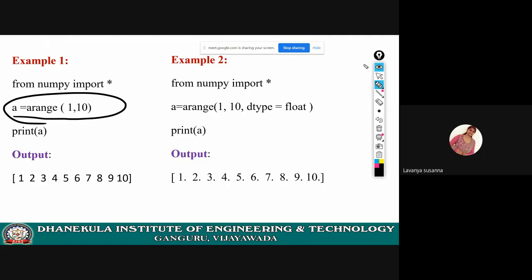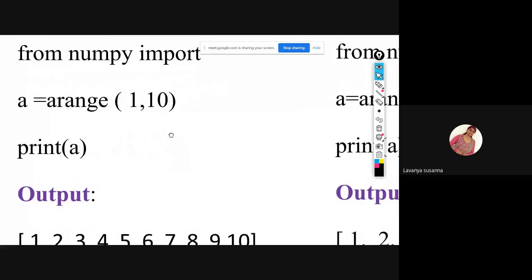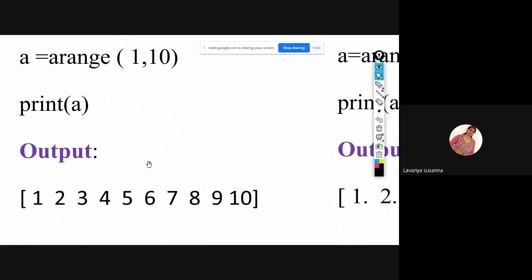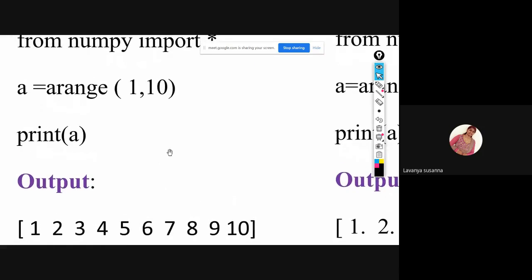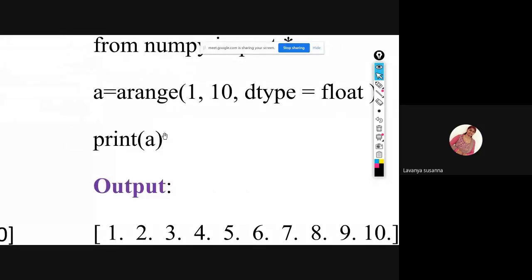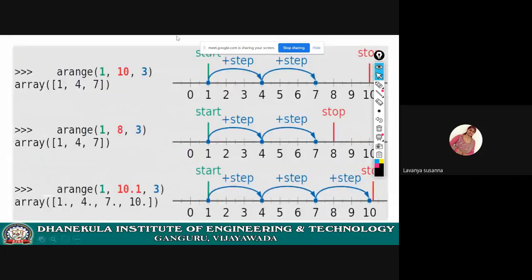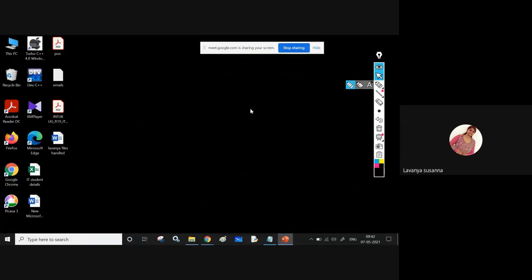I'll zoom it. Please wait. What is the array created? 1, 2, 3, 4, 5, 6, 7, 8, 9, up to 9 only, I'm sorry. Just wait. I will execute it and we will see.